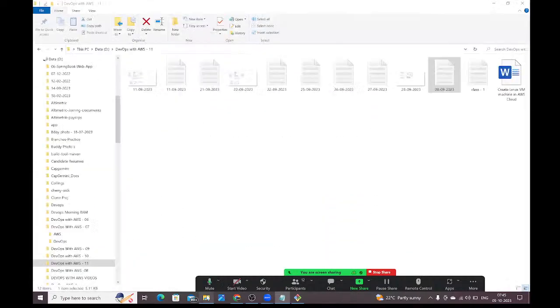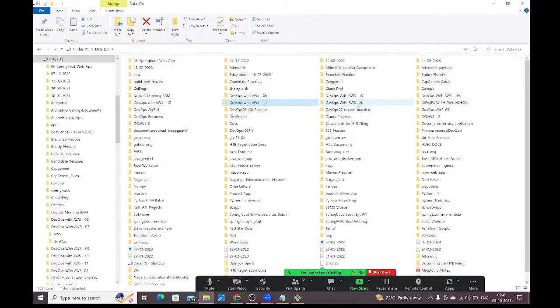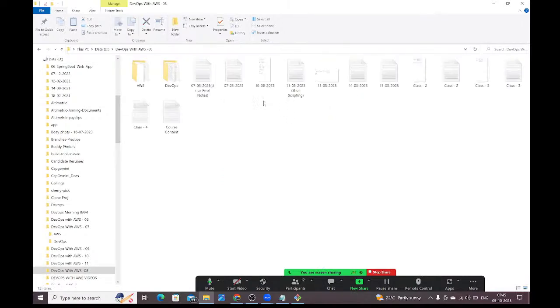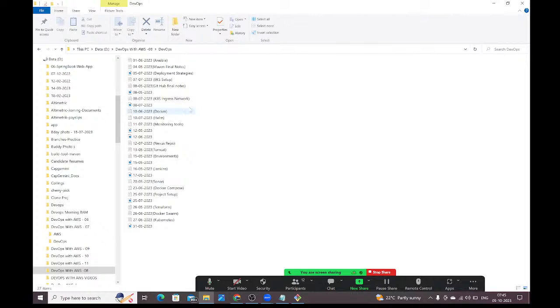See here, I'm going to this D drive. Right, in the D drive, I have several files and folders available. In the D drive, I'm opening this DevOps with AWS 08. Here I'm going to open this DevOps, guys. Here, multiple files are available. Let's see here, if you want to search for anything,